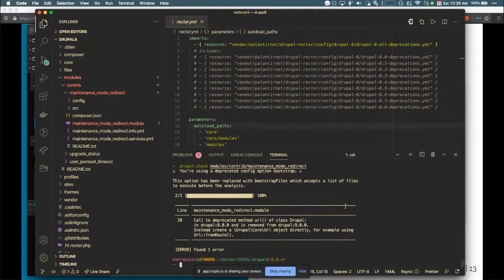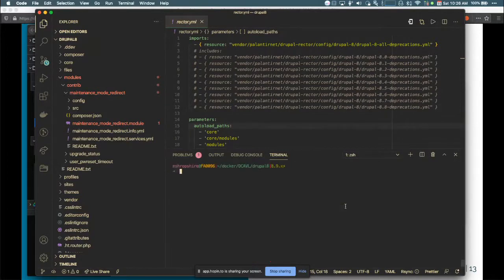So let's run this. Clear screen there just to give us a little bit of room. So notice I'm passing a path, vendor bin rector process. That's a command for it, and I tell it the folder. We're looking at maintenance mode redirect, and we're doing a dry run.